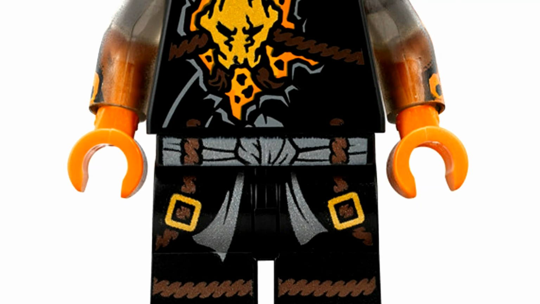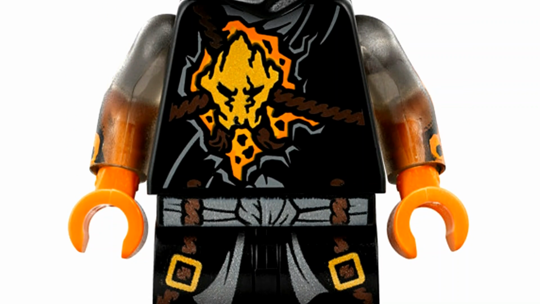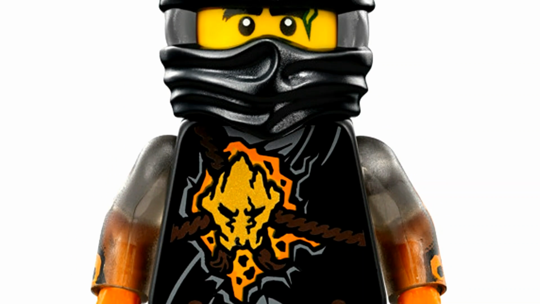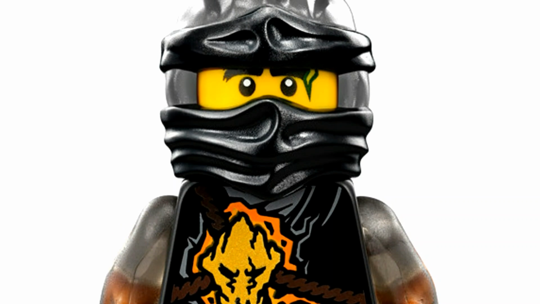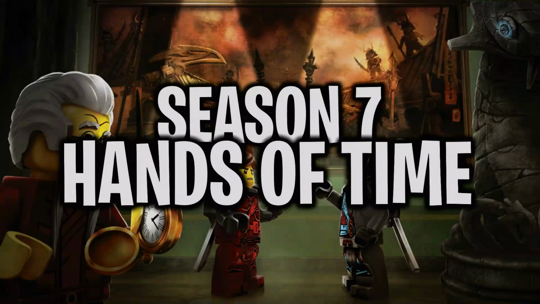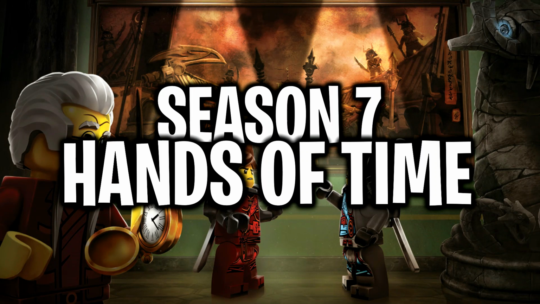That's really cool. He's also got side arm printing on there, and a pretty decently printed torso with that sort of magma or the power behind it. I don't really know what to call it, to be honest. I don't know, Day of the Departed wasn't necessarily the strongest season, but it had some cool minifigures, including Cole RX. Now we're getting a little bit more recent here with Season 7, Hands of Time,